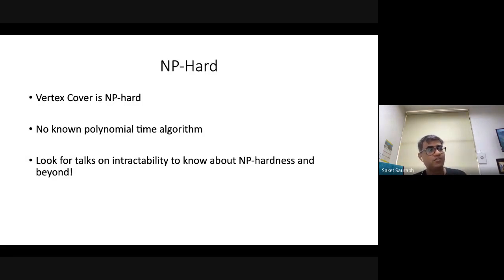So many of the things which we just talked about before about covering and matching, some of those can also be done in polytime, but some of those also have lots of NP hard variants, and we will spend a significant amount of time discussing those things and evolving some of those things. So look out for these intractability talks in the workshop, which will fill this gap when I can show something is polytime or when I can show something is hard, and in what regime.